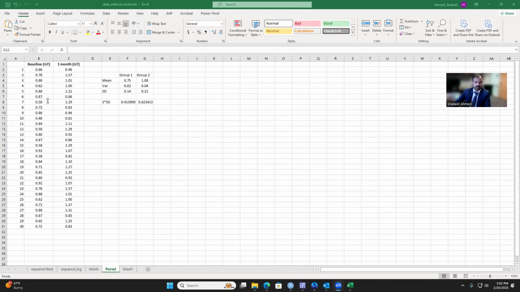we have gonial thickness data that is related to dentistry, for 30 patients, given in millimeter, and we just find the difference in the gonial thickness in the two periods, and check whether there is a significant difference in the mean bone thickness after 1 month. So